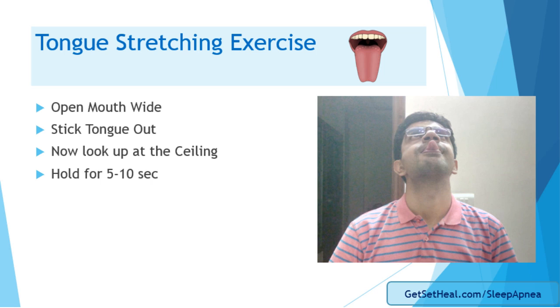Next up is the tongue stretching exercise. Open your mouth wide. Now stick your tongue out. Now in this position, look up at the ceiling. Hold at this position for 5 to 10 seconds. This exercise is really effective and might cause a bit of discomfort initially, so it is recommended you gradually increase